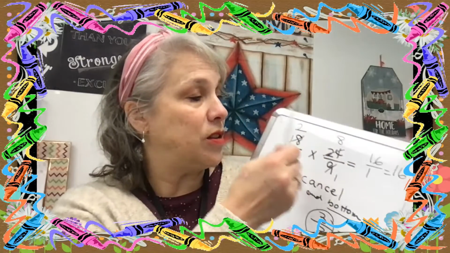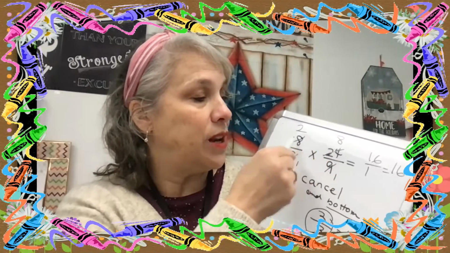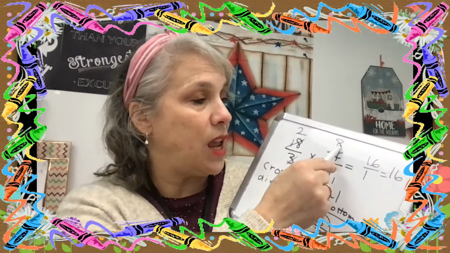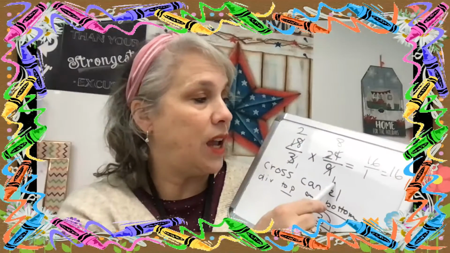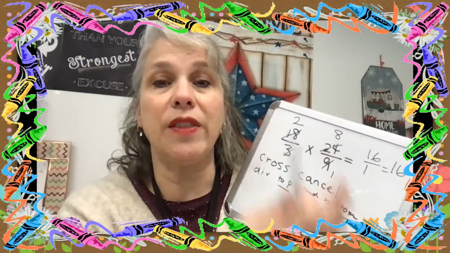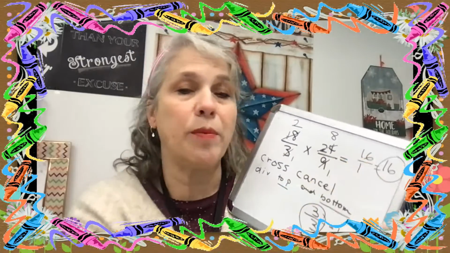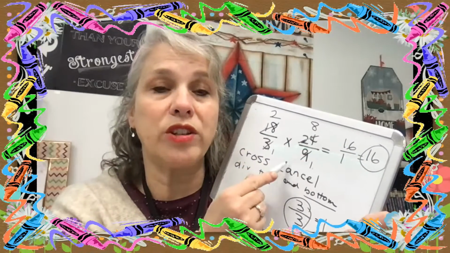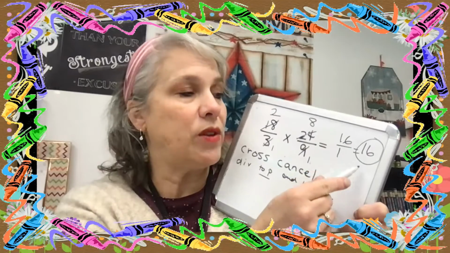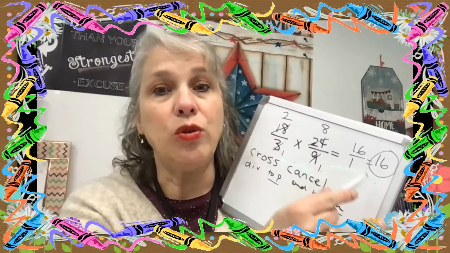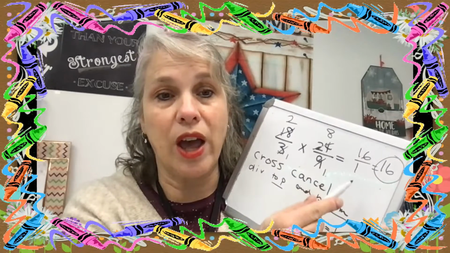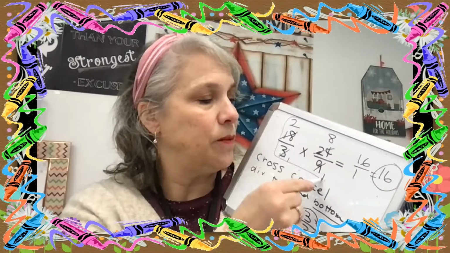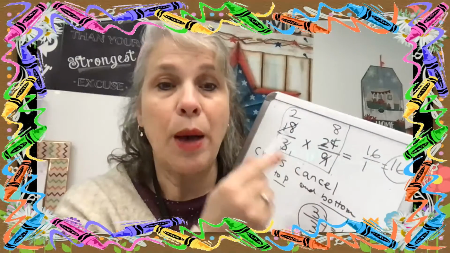Now, for example, if I saw the 3, but I didn't realize the 9, I would do 18 times 8 and then 1 times 9, and I would get a larger fraction, and then I reduce the fraction, and I will still end up with the right answer. So if I reduce the fractions before I multiply, or if I reduce the fraction after I multiply, you will end up with the same answer, okay? So this process right here is not absolutely necessary, but it makes the multiplication a lot easier, okay? When you get to your final answer, you can reduce then, but like I said, this process makes your reducing